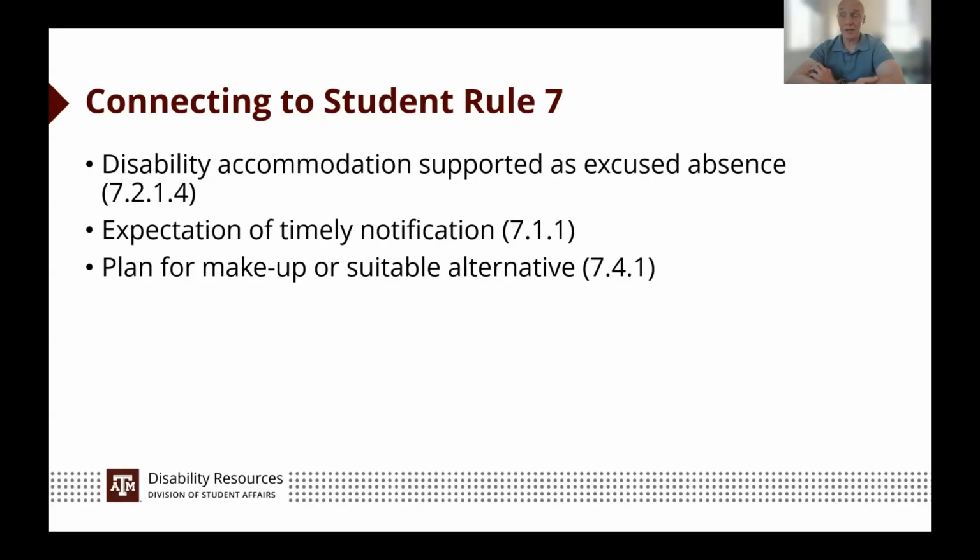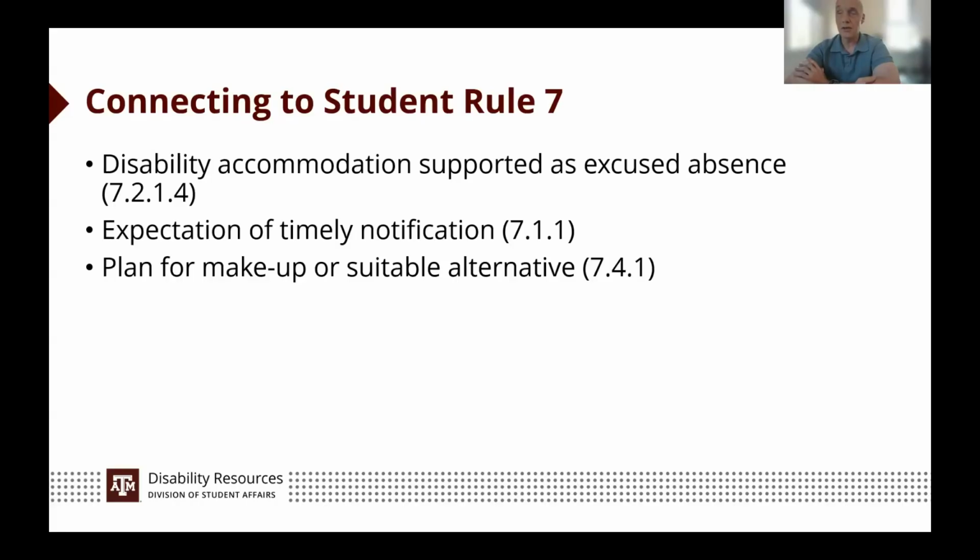advanced notification doesn't happen. And Student Rule 7 says within 2 business days, providing context about why advanced notification didn't happen. And I'm going to tell you, sometimes, oftentimes, almost all the time, that's going to incorporate disability specific information that really needs to go to our office and the access coordinator. So what we have asked students to do is, if advanced notification is not possible, they will email their access coordinator about why that didn't happen. Then the access coordinator has context. We can reach out to the instructor and share context that would be relevant to then supporting that absence. Doesn't happen very often because advanced notification is the expectation.